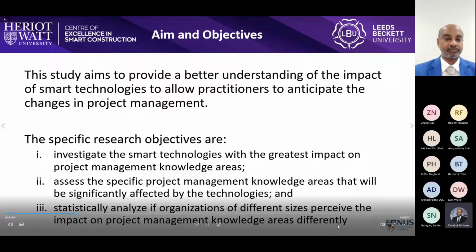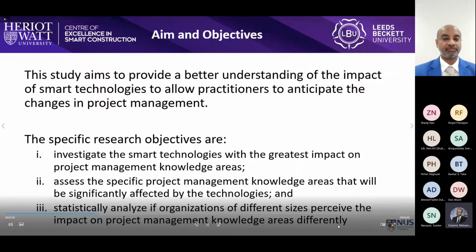And to do so, this study has the following specific research objectives. Firstly, to investigate the smart technologies with the greatest impact on project management knowledge areas, assess the specific project management knowledge areas that will be significantly affected by the technologies, and to statistically analyze if organizations of different sizes perceive